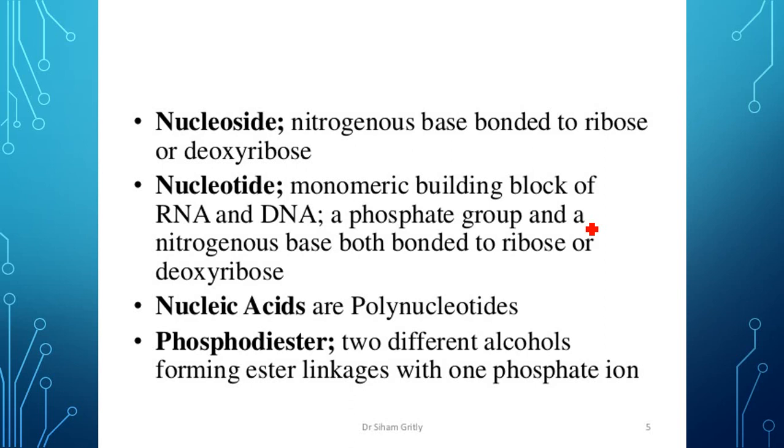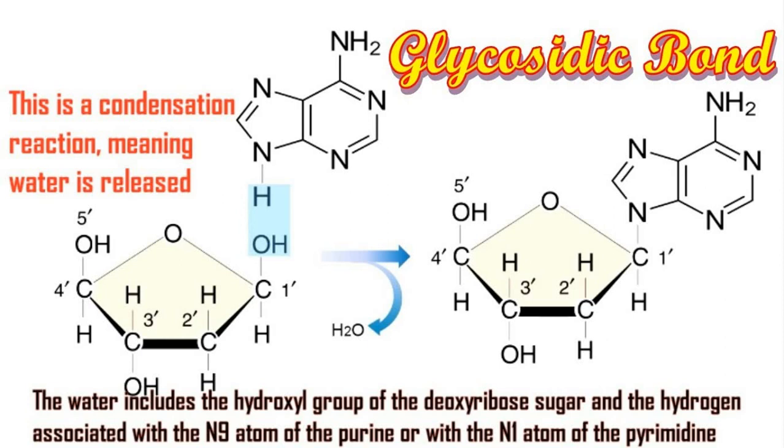So now we came to know about the nucleosides and the nucleotides, and now the question arises how the polynucleotide strand forms. Nucleosides, we know, are a nitrogenous base bonded to deoxyribose sugar. A nucleotide is a nucleoside with a phosphoric acid or phosphate molecule. And we know that nucleic acids are polynucleotides. Then how is the polynucleotide strand formed?